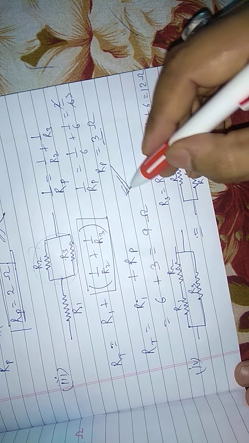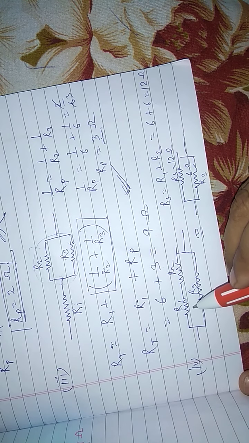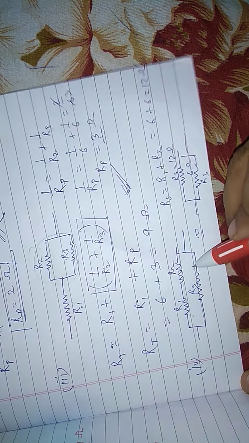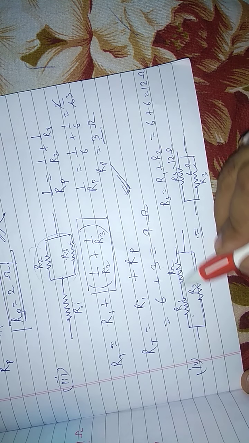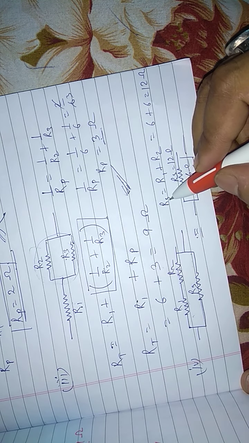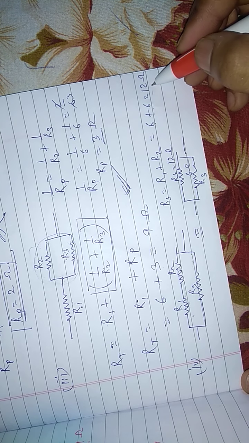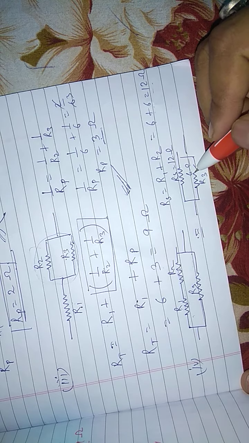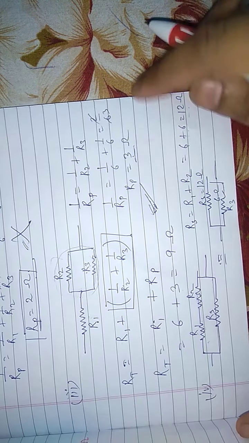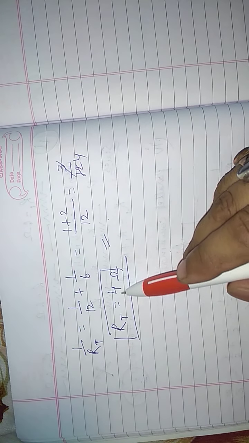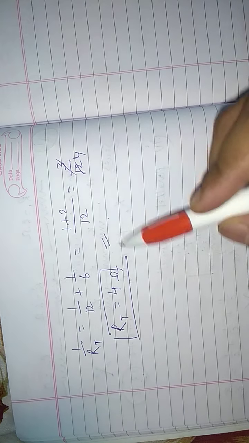It is required. And the last combination will be 2 in series, and the third one in parallel with the series combination of these. So R series will be R1 plus R2. It is 6 plus 6, 12 ohm. These 12 and this 6 will be in parallel combination like this. So we have to solve these in parallel, and the answer will be 4 ohm, which is also required. So the possible combinations will be third and fourth.